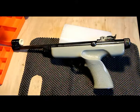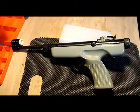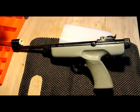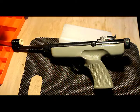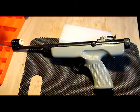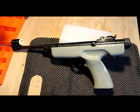Now, it wasn't until I actually investigated what air rifles and air pistols were around through a book that I mentioned in the last video that I'd bought, which described different air pistols, that it started me to look around and ask questions as to what might be available. I wrote to a particular gunsmith as part of my quest to buy a Crosman 600. I found out that I couldn't own one of those guns because of the licensing laws within the UK. But what the gunsmith sent me was a brochure on some air pistols that I could buy if I wanted to. So in the catalogue was the Diana Mod 5 and the Diana Mod 6,